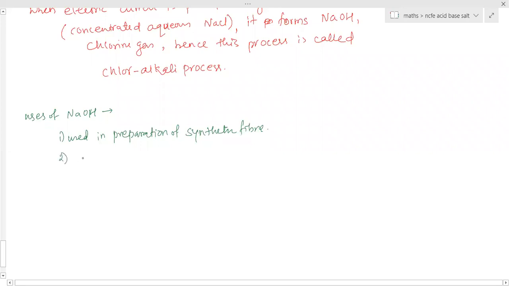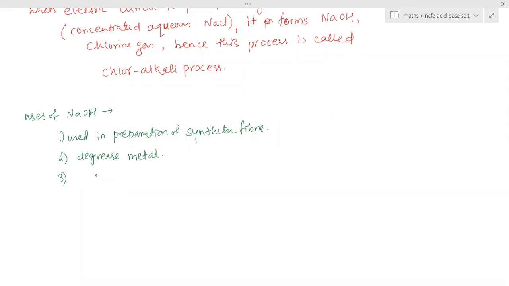Degreasing of metals. It is also used in degreasing. That means if grease is present on the metal, sodium hydroxide is used for cleaning the metals. Any other places you know sodium hydroxide is used? Anyone knows? It is very commonly used. It is also used in making soaps and detergents. Used to prepare soaps,